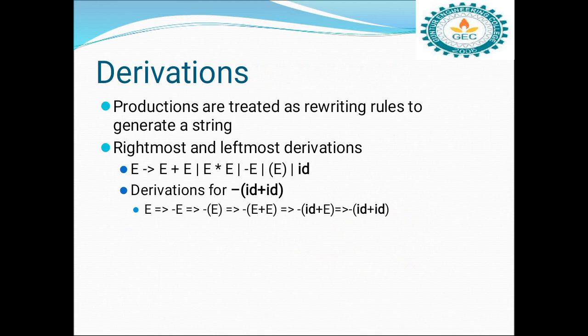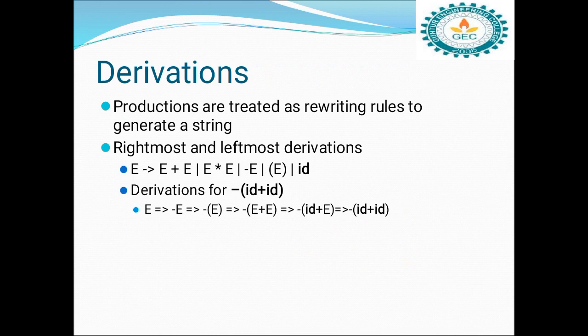So using the above productions, the given productions are E implies E plus E or E star E or minus E or open braces E closed braces or ID. So these are the productions, five productions. Derive the first parse tree. That parse tree should accept the given expression. The given expression is minus open braces ID plus ID closed braces. So the first one is minus.